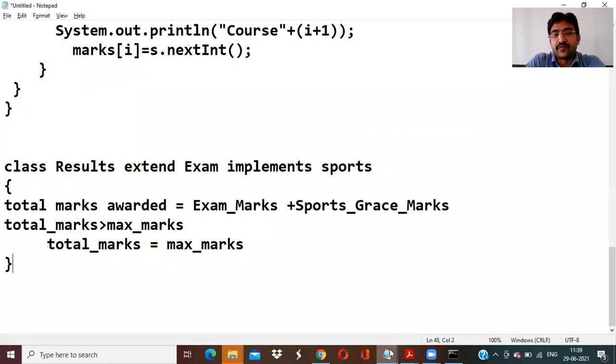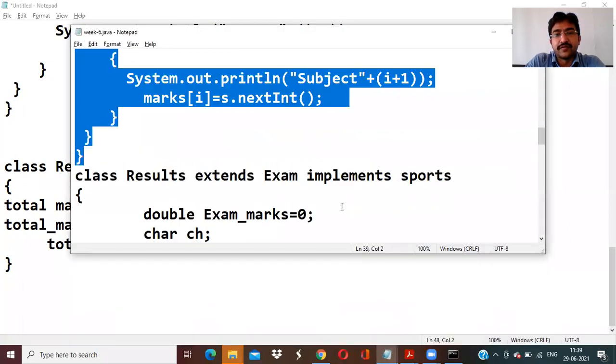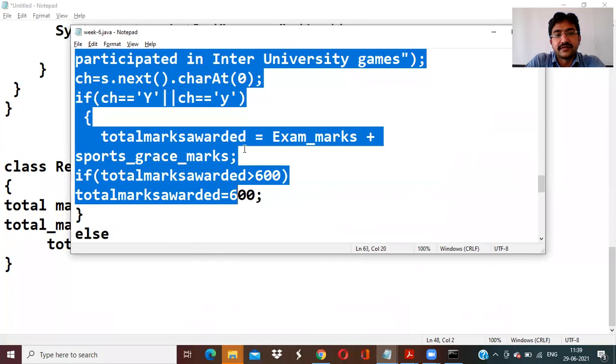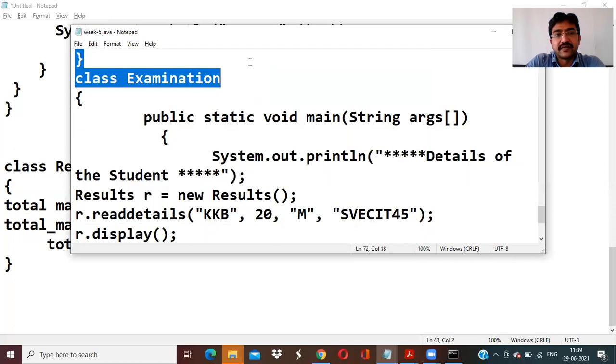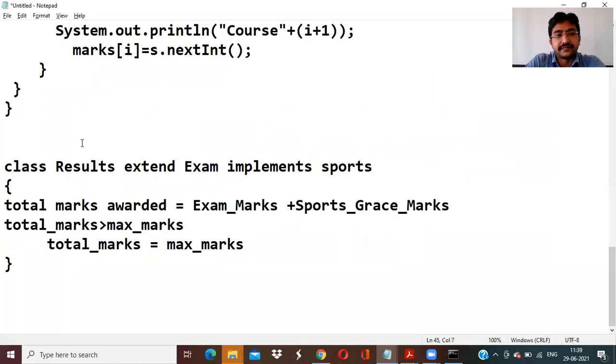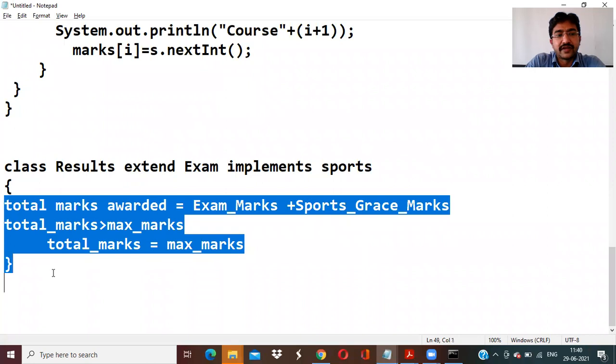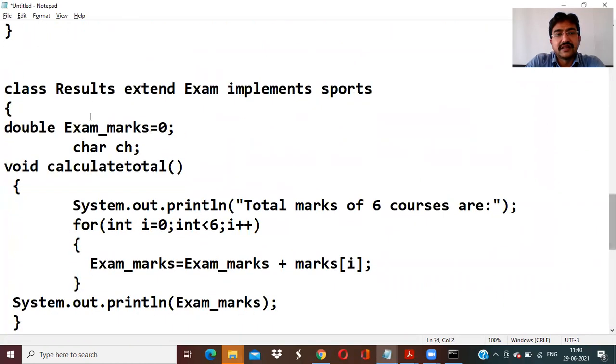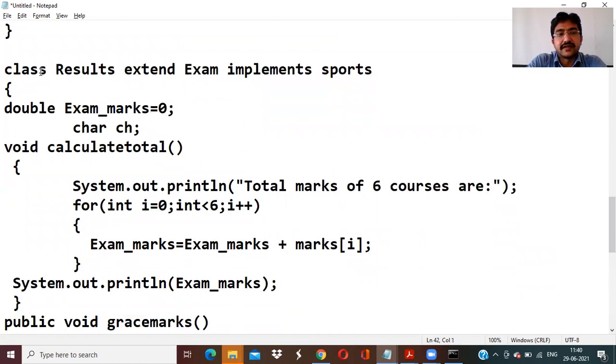For that, here is the code. We are just taking some sort of grace marks over here. Now see, this is class result extends exam implements sports.